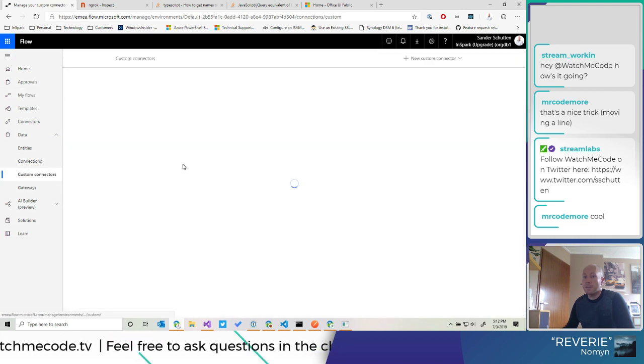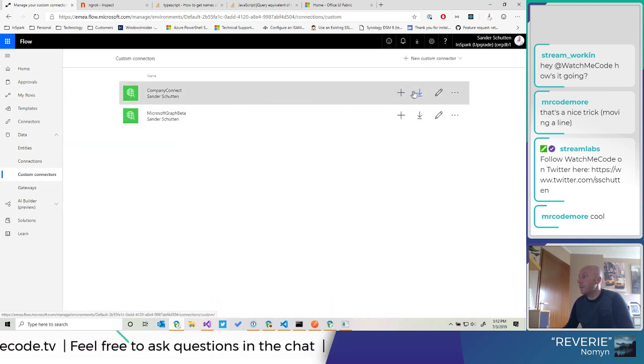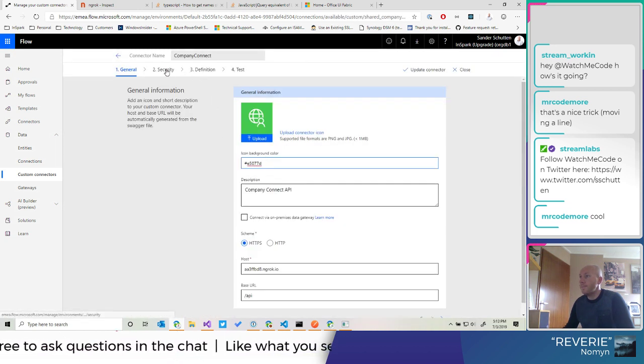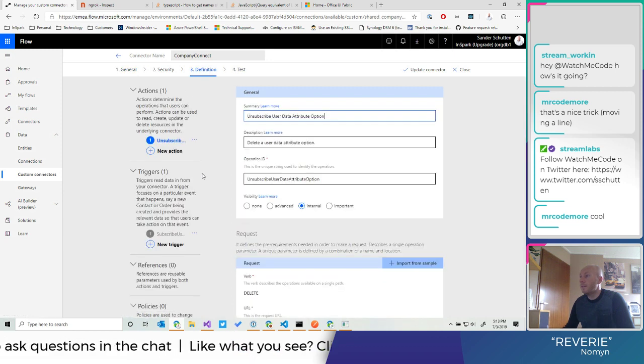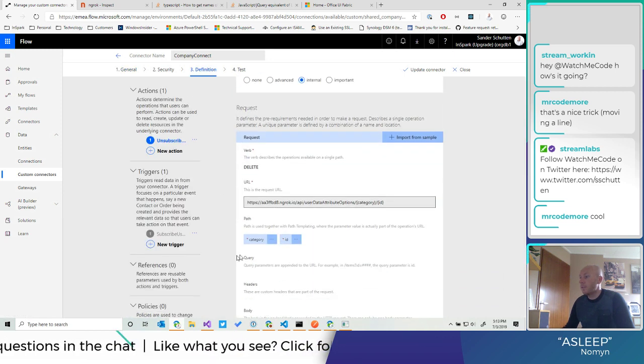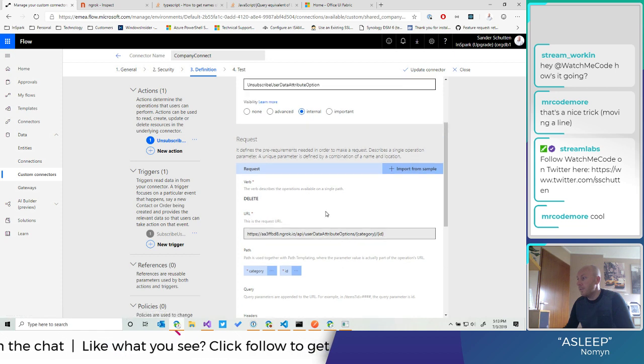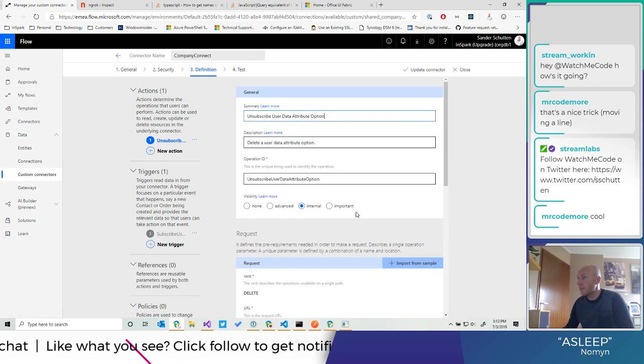Now let's update our custom connector so that I can also provide that option in Flow. So currently it supports the delete, sorry.